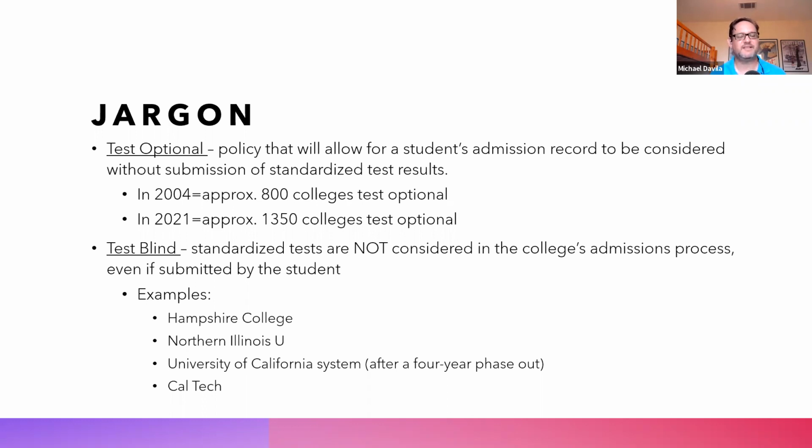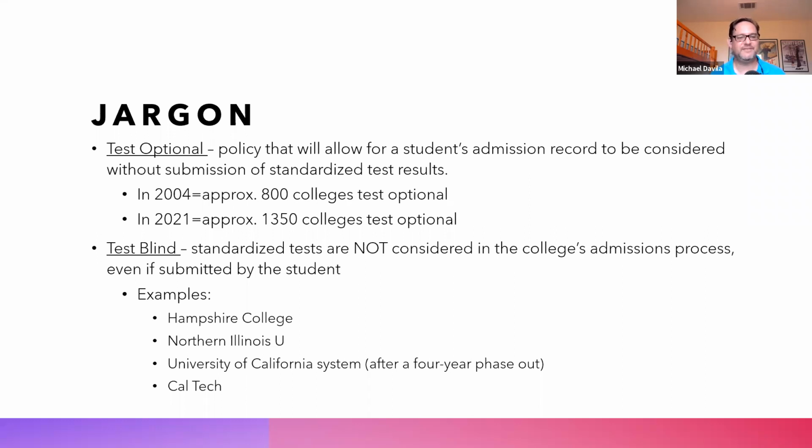So what does that mean for us? That means 75% of all the colleges that are baccalaureate granting, that's what we're going for, are test optional in this cycle, which is really great news for a lot of people because it gives you flexibility in how you actually apply to the school.